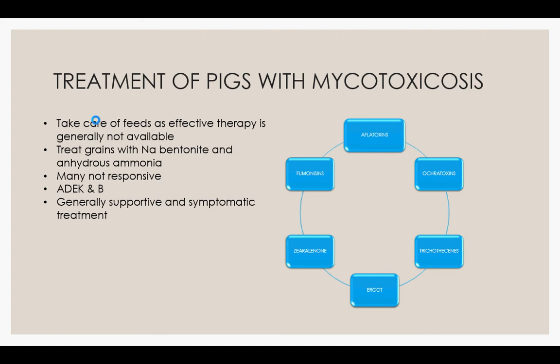Now, another thing is I've already mentioned generally we do supportive and symptomatic treatment, but if pigs are suffering from mycotoxicosis as a result of mycotoxins of the family of the trichothecenes, which include the T-2 toxins, which includes the DAS toxin, that is diacetoxyscirpenol, or the DON toxin, which is deoxynivalenol. There is something that can be done, and that is the use of antiemetics, because usually if pigs are